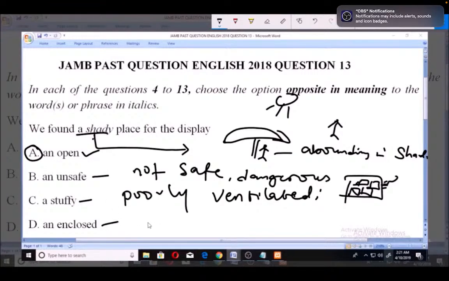Now, we have what's called enclosed. Enclosed means something that is closed, something that is fenced. You have a fence, something that is fenced in, or something that is surrounded. So that is what we call enclosed. So which of these is the opposite of enclosed? Like I said, enclosed is something that is closed. What is the opposite? So option A is the right answer. D could be said to be the synonym of close in meaning. So the direct opposite of enclosed